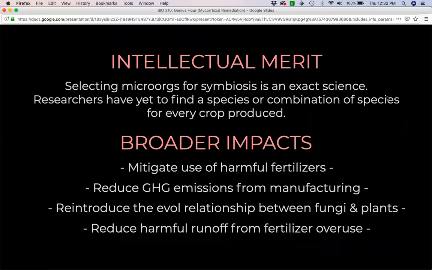The broader impacts of this project include mitigating the harmful use of fertilizers, which are harmful for the consumer, harmful for any farm workers who might be applying the fertilizer, and harmful for anything downstream of the farm. They reduce greenhouse gas emissions from manufacturing, both in the form of reducing N2O as well as CO2, and they reintroduce the evolutionary relationship between fungi and plants that's already been established over time. And finally, they reduce the harmful runoff from fertilizer overuse that causes eutrophication and spoils